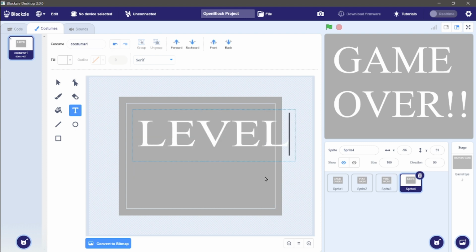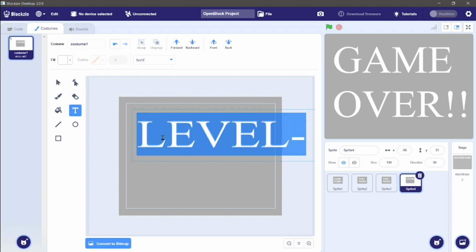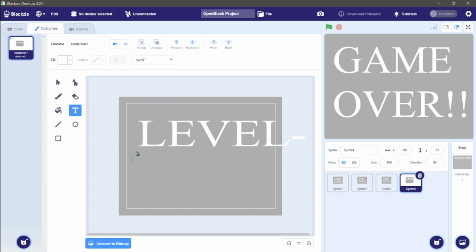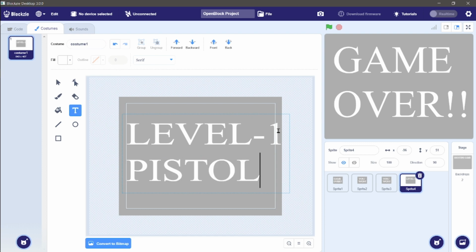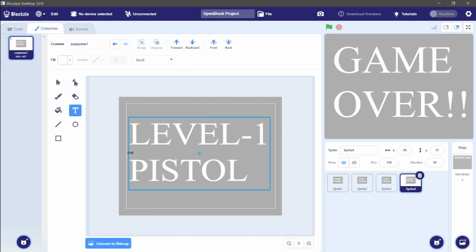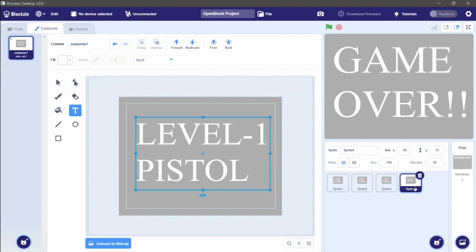text level 1, and I'm making it a bit smaller, and you can see that level 1, which is pistol. Yes. Okay, so this is level 1. Make it here. After that,